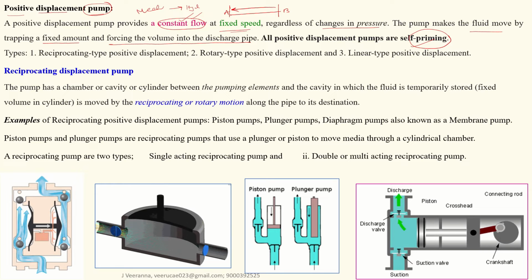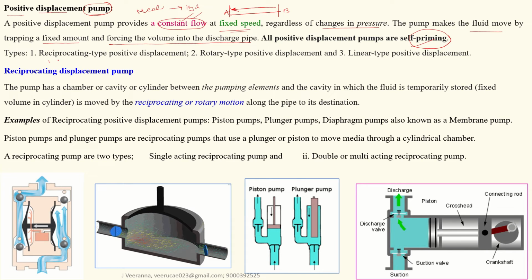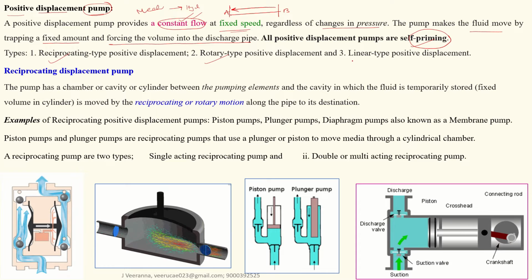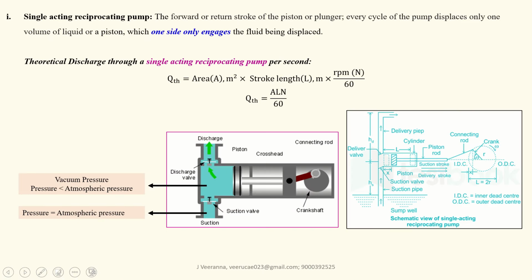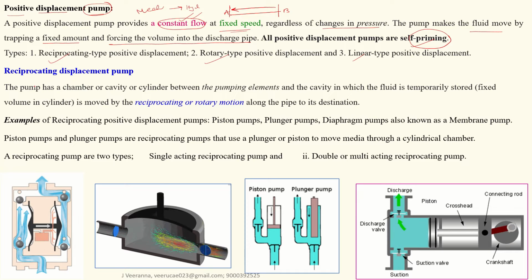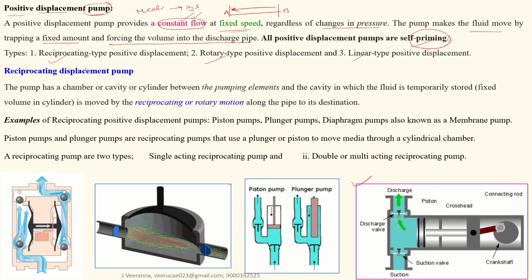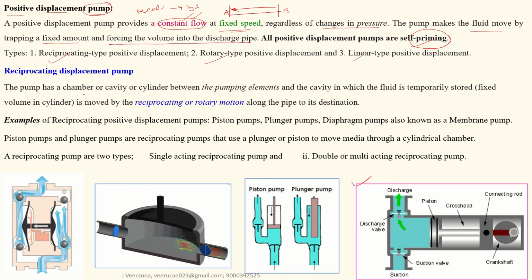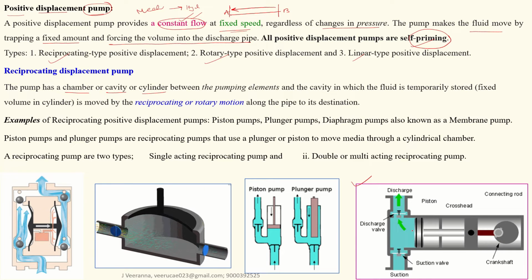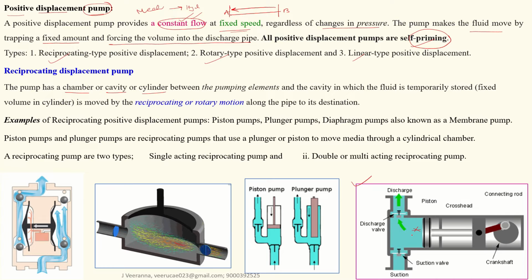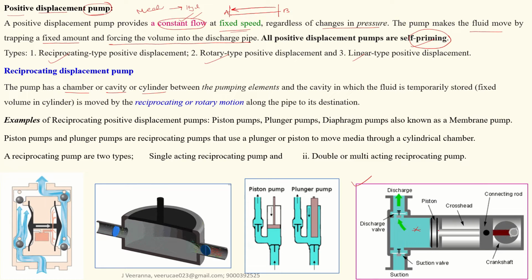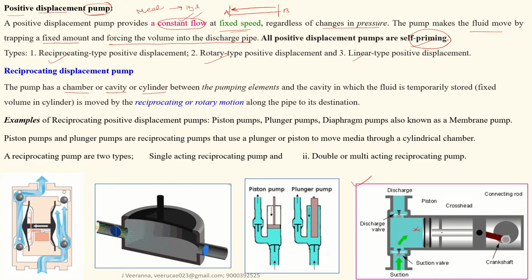These positive displacement pumps are of three types: reciprocating, rotary, and linear. So what is reciprocating? It is simple. If you see the picture here, the pump has a chamber, or cavity, or cylinder. This is called the cylinder, or chamber. In this cylinder, the piston will move front and back